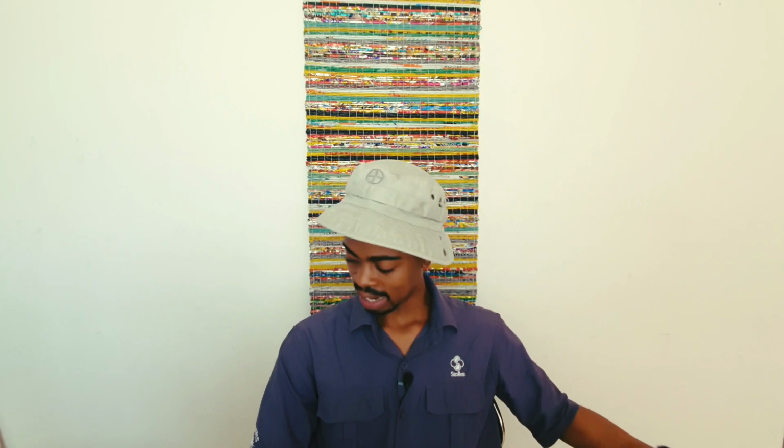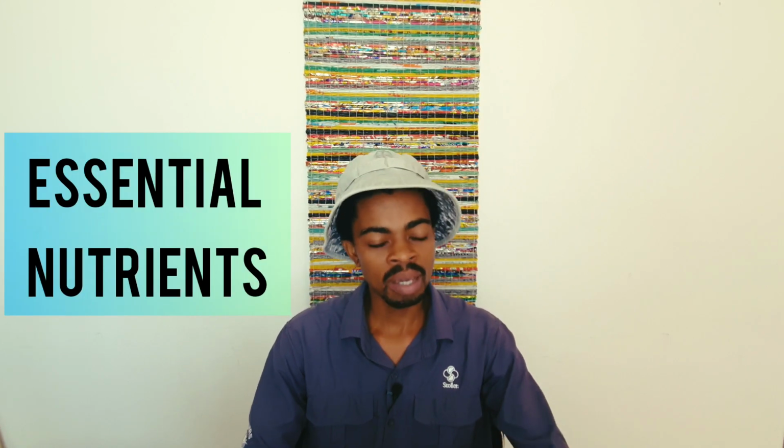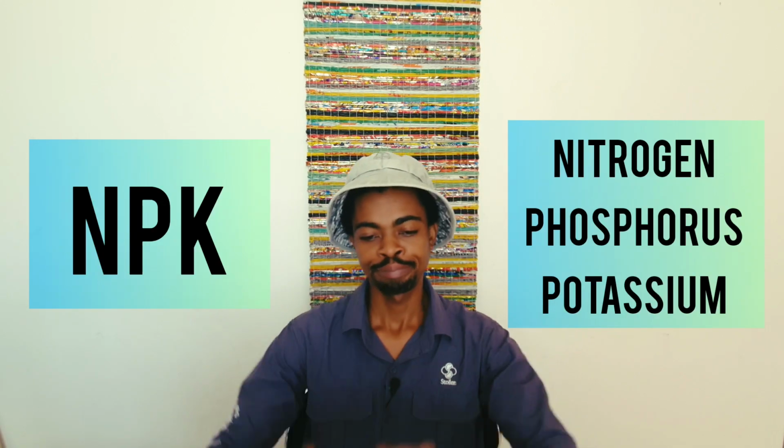What we have as human beings is a diet that we eat, right? A diet comprised of all the foods we eat. And you remember that triangle. I don't think the triangle is the right thing, but the triangle with the fats on top and proteins and all those things. Plants also have specific nutrients that they need in order to grow and develop in a healthy manner. The most important ones are NPK. NPK is basically the most important nutrients that need to be present in the soil or present in the nutrient solution that the plant needs in order to grow